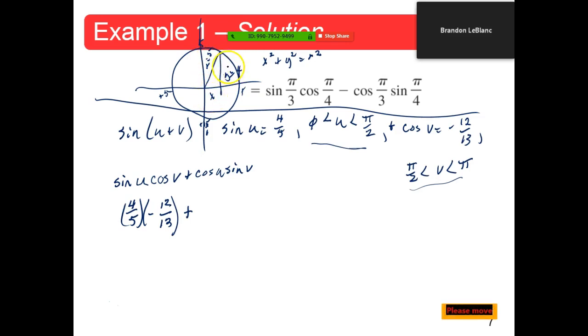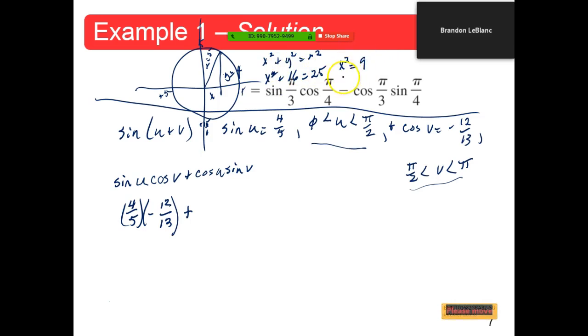A is x, b is y, c is the hypotenuse. C is r. So this tells us that x squared plus y squared, that's 16, is equal to r squared, which is 25. That means x squared is equal to 25 minus 16, which is